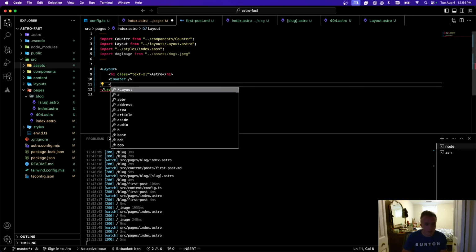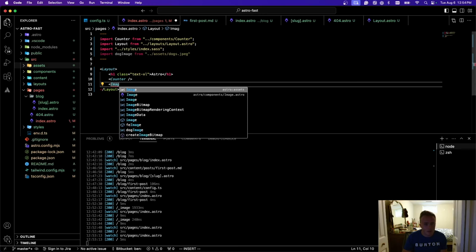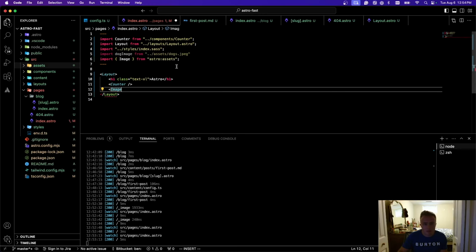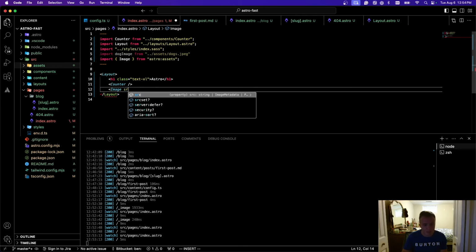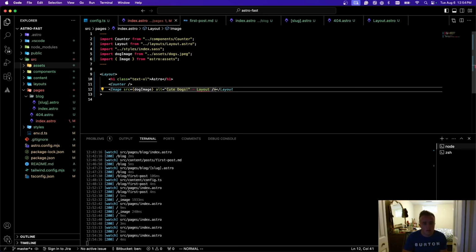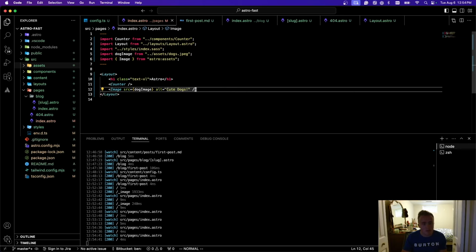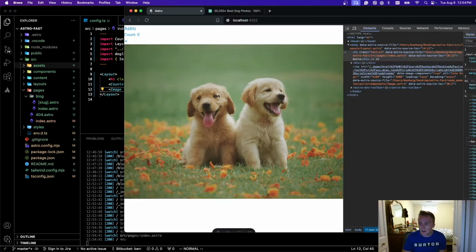And then down here we can use the built-in image component. You'll see it's imported from Astro assets, and what we can do is give it a source, and we can do dog image, and then we have to give it an alt. So I'll say cute dogs. Whoops, I just gotta close this image tag, save that,